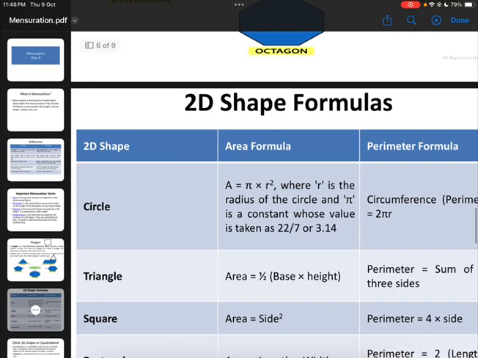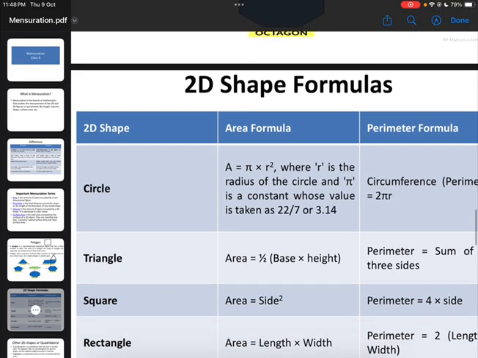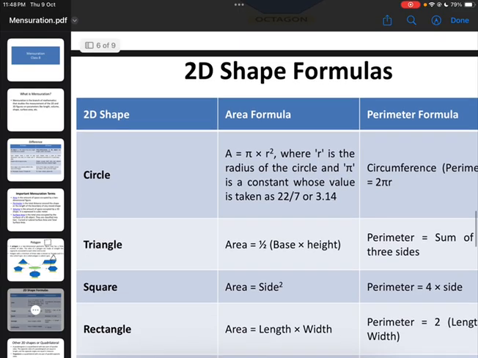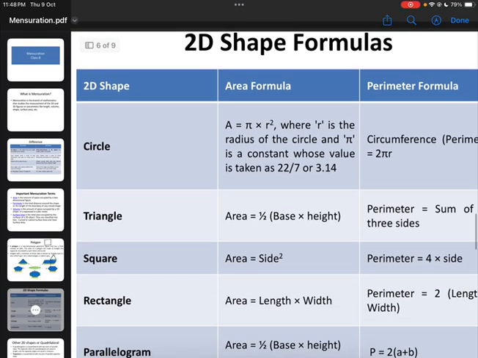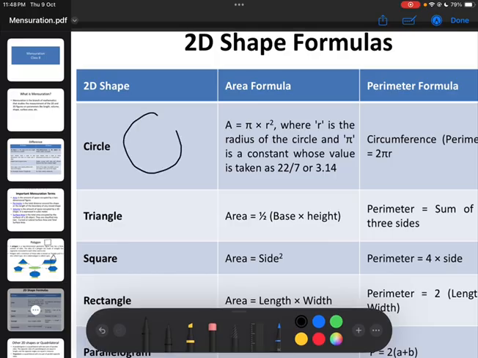Now we will know about different formulas for different shapes. First is circle. The shape of a circle is like this. We have a radius r. Then the area of a circle we calculate is pi r square. How much space it occupies around a particular radius is known as this area, which is pi r square, where